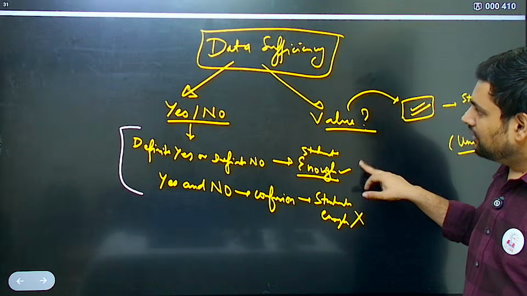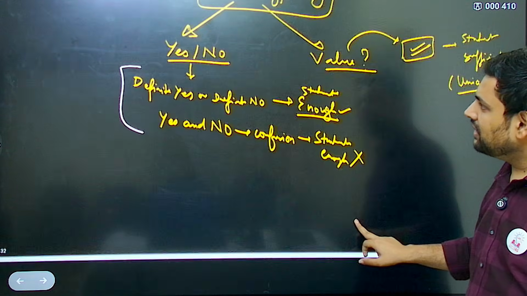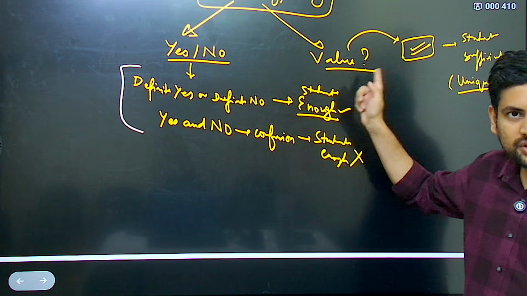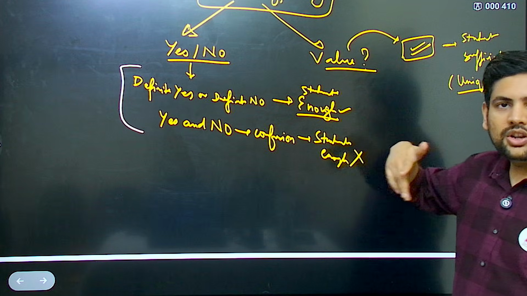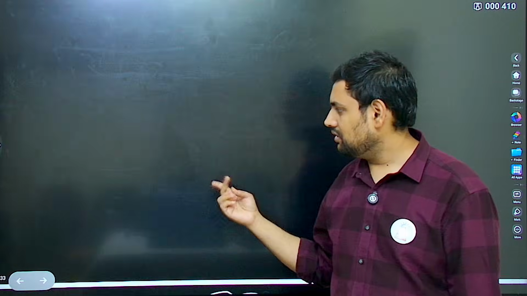Now, data sufficiency question we have seen. We had seen two types of question, yes or no, and value. If you get a unique value, then you say sufficient. If you get a non-unique value, then you say not sufficient. Yes, no, we have seen question also. Then,